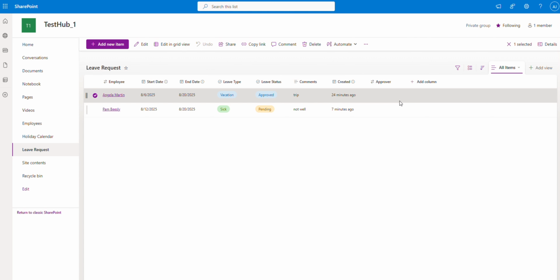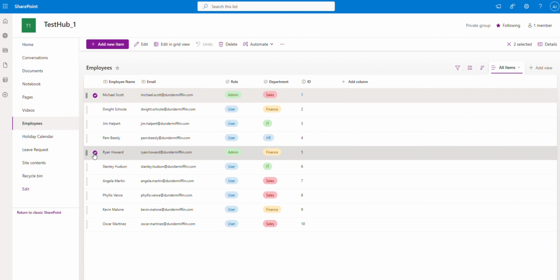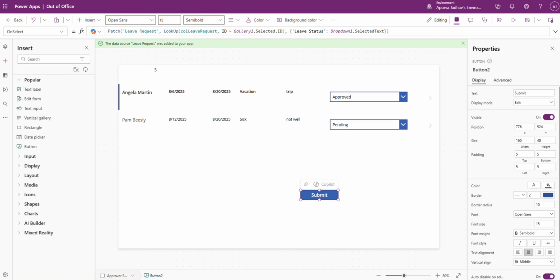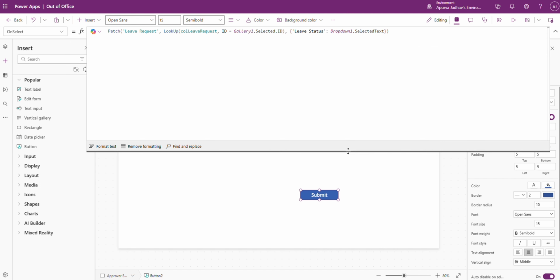Now that we are able to achieve this, we also need to add one more detail. Do you see at the last we have one more column which is called approver, and according to our employee list, we have Michael and Ryan both as the admin users or approvers, if you may. So there should be a way for us to update the approver name as well. So every time a leave request gets approved, rejected, whatever, we also have a way to track back who approved or rejected that particular leave request. So let's add that